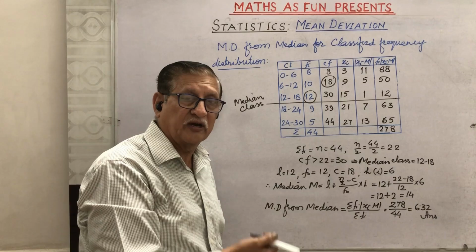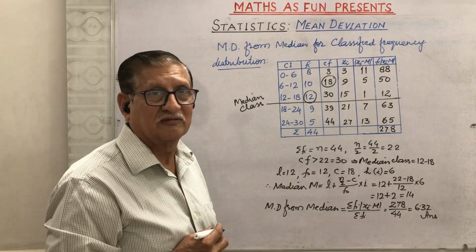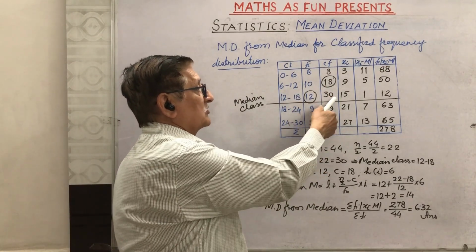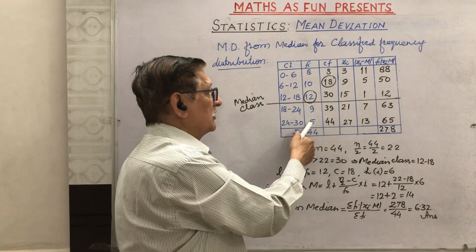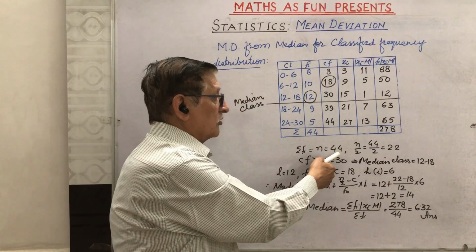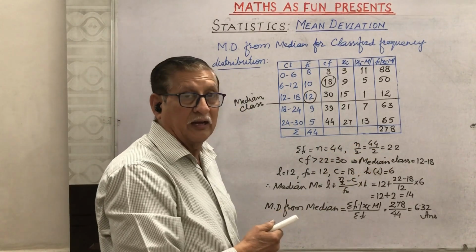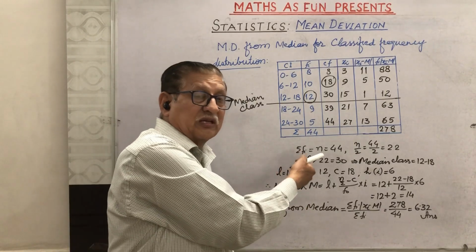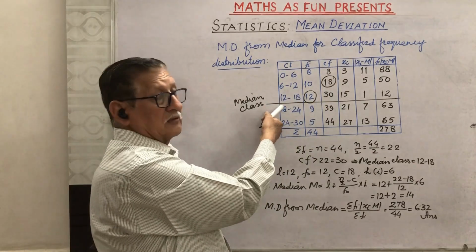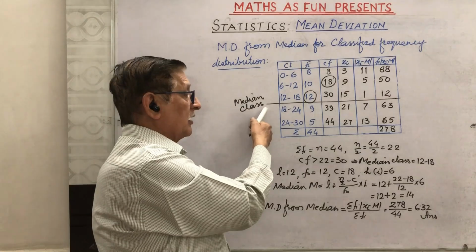And now we know that for finding median we have to find out the cumulative frequency. And that cumulative frequency here is 8, 8 plus 10, 18, plus 12, 30, plus 9, 39, plus 5, 44. Here n is 44, so we have to find out n by 2, which is coming 22, and see the cumulative frequency which is greater than 22, that is 30 here. The corresponding class interval 12 to 18 is the median class.